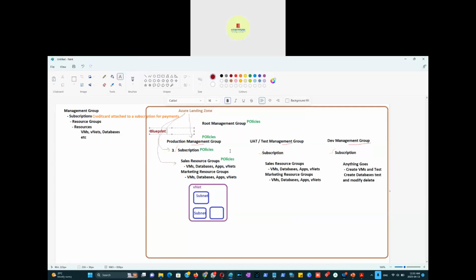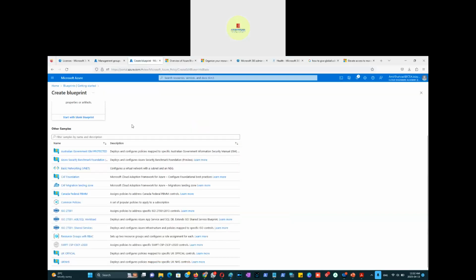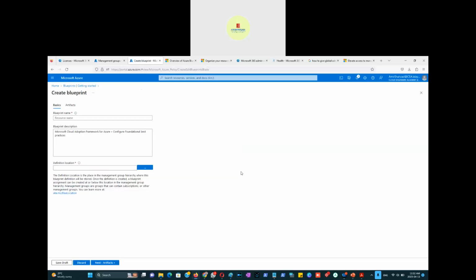So the whole infrastructure you want to deploy in a wizard-based style, then you can go for Azure Landing Zone on a big level. But Blueprint is one of the things in Azure Landing Zone also. So if I go for CAF, this Cloud Adoption Framework of Azure, configure foundational best practice. What are the foundational best practices by Azure? So if I click CAF Foundation,